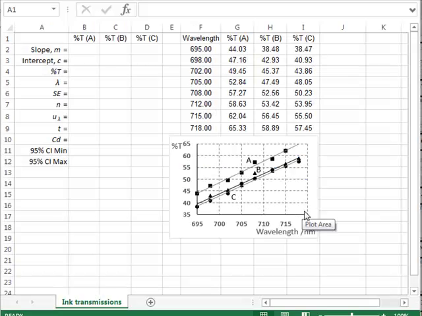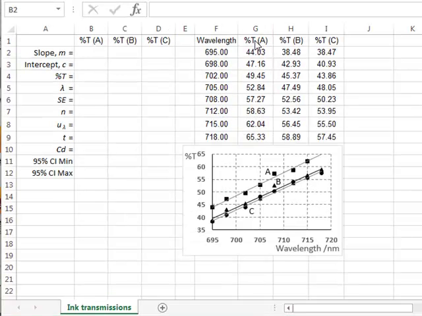In this video, we will use Excel to calculate the confidence intervals of exact intercepts on best fit straight lines. We will start with intercepts occurring within the range of the calibration data points, and then we will consider the method of standard additions, in which it is necessary to extend the best fit straight line beyond the range of the initial calibration data. We start by comparing the confidence interval of the intercepts for three inks A, B and